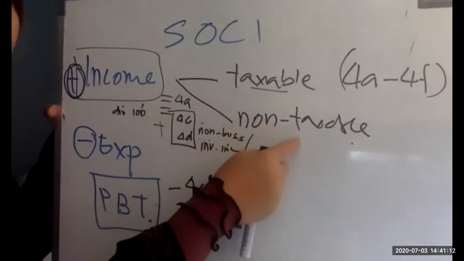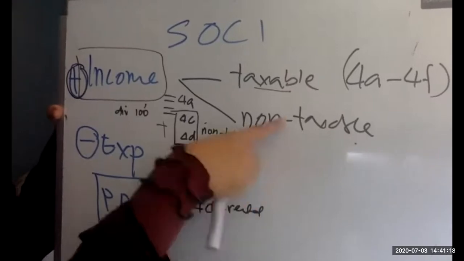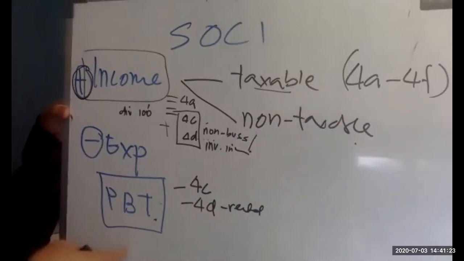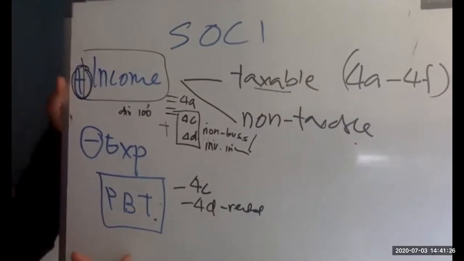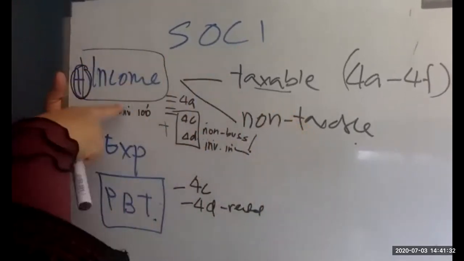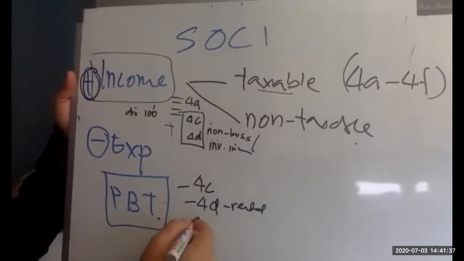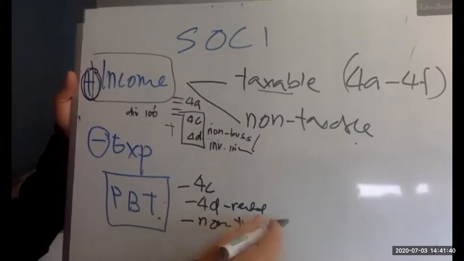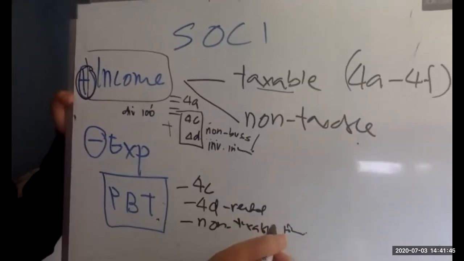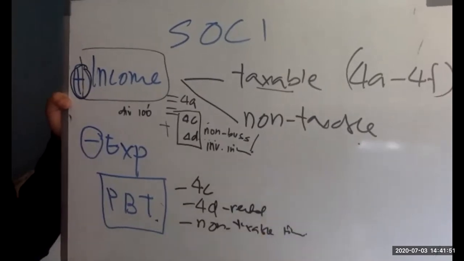Okay, we also have this non-taxable income. So non-taxable income means that income which is not subject to tax. So if it's already included in your income here, included in your PBT, of course you want to take it out, right? Because you do not want to pay tax on your non-taxable income. So how you take out, of course, again, income you add in, arriving to PBT. Then what you do is that you minus your non-taxable income. Example of non-taxable income, you have those capital gains, right? For example, you have gain on disposal of assets, gain on your motor vehicle.